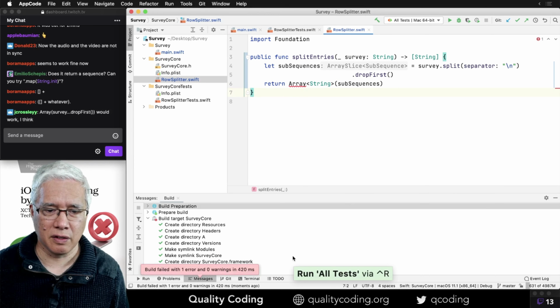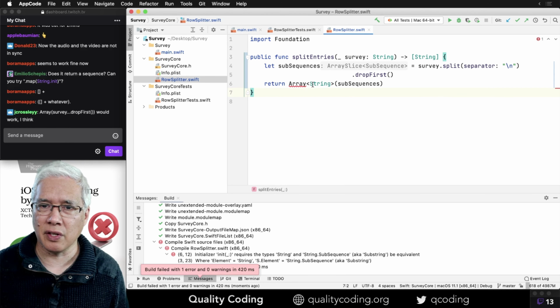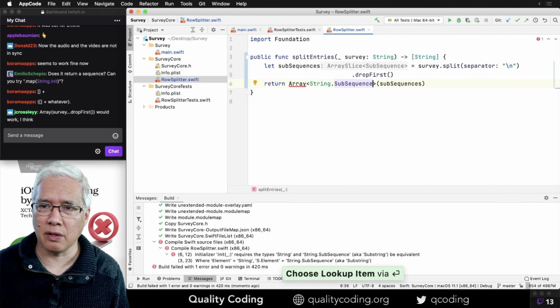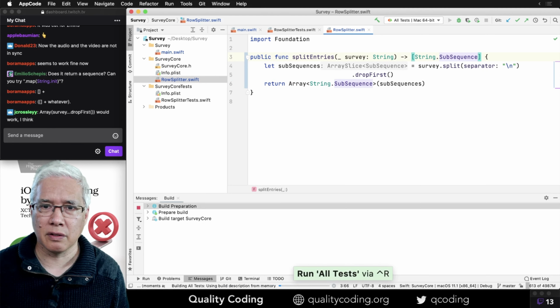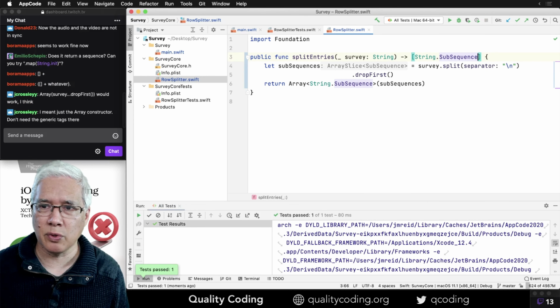Initializer requires the type. Okay, so if I say string subsequence, will that work? Change this to that. Oh, that seems to have helped.